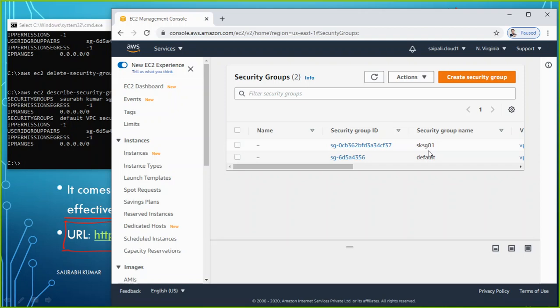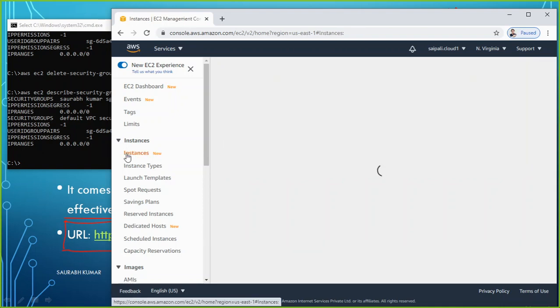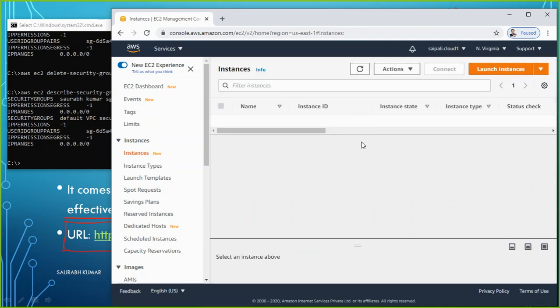So this way we have seen a lot of tasks can be performed very easily with the command line interface. Now let me perform the last task with the command. What if I want to launch a complete instance? Let's see. Do I have any instance running on this machine right now? No. So now let us try to see, can we launch a completely new instance here? Let's try to perform this task.